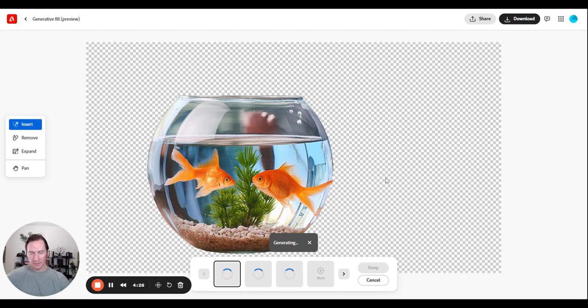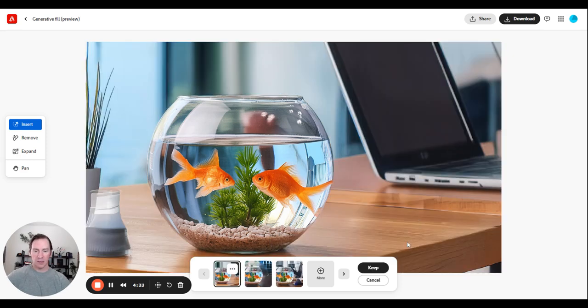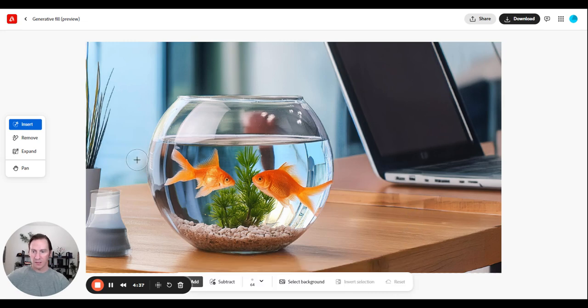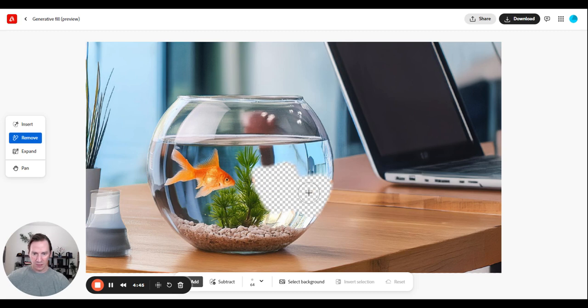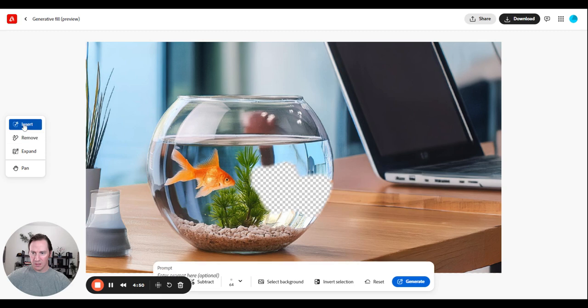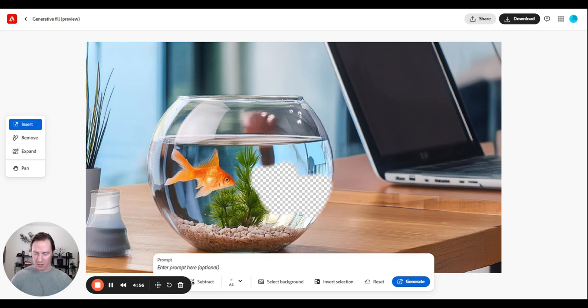It looks a little bit better. There we go. And I mean, that is pretty realistic, right? Let's go ahead and keep that one. I like it. And now let's go in here and see if we can remove this fish altogether. And then we will insert, okay, let's insert